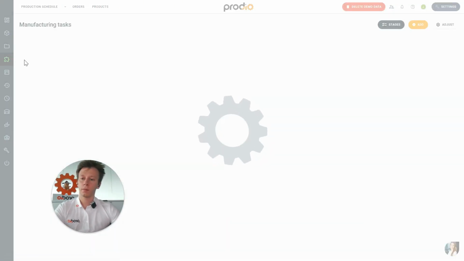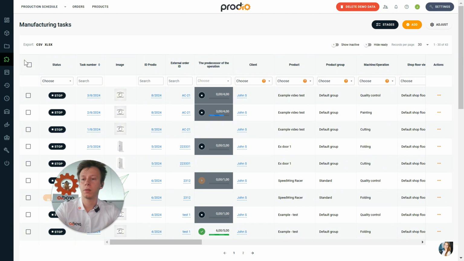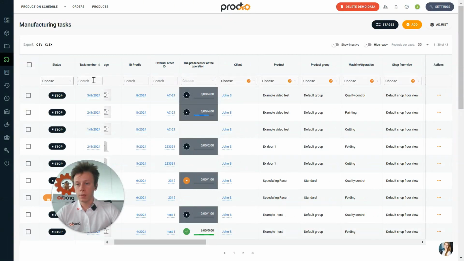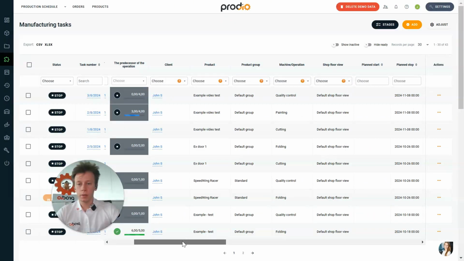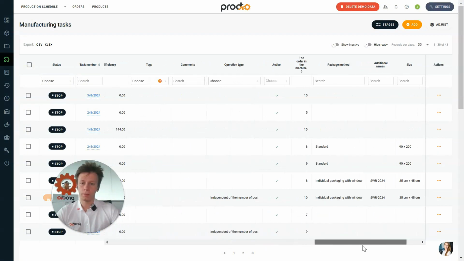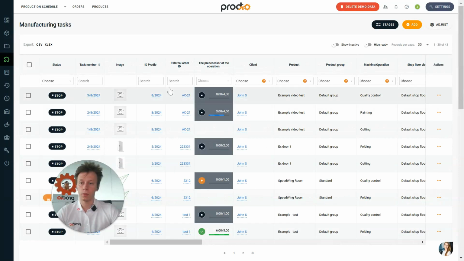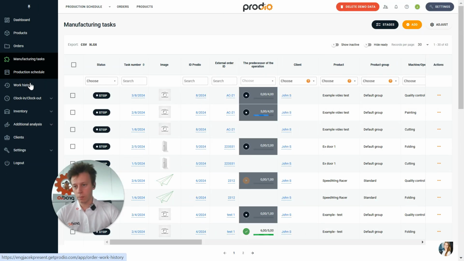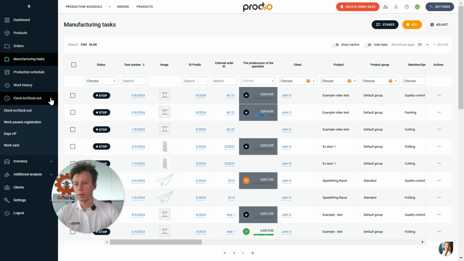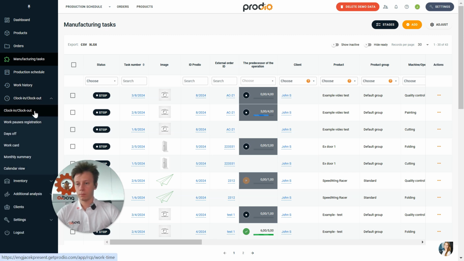Then we have manufacturing tasks. So here you can see just the list of the manufacturing tasks that I showed you. Before I showed you that you have this manufacturing task in every order, and here you just have all the manufacturing tasks in the list. And for sure you can filter them by status, task number, order ID, client, just what you need. All the information is here. The production schedule, work history I showed you, and also